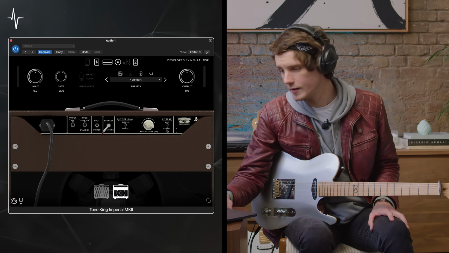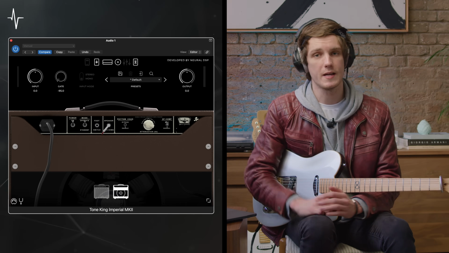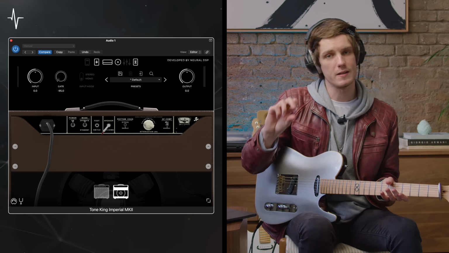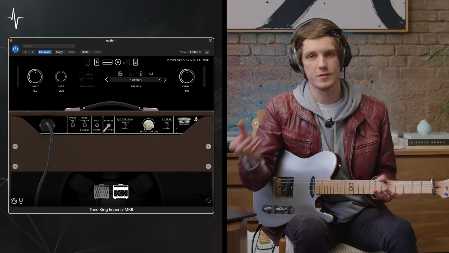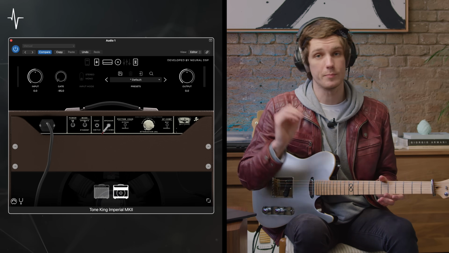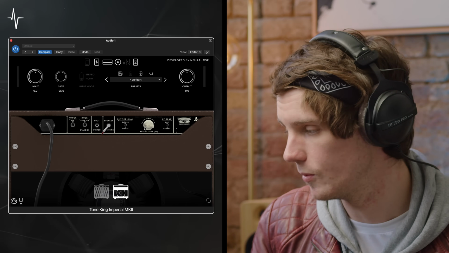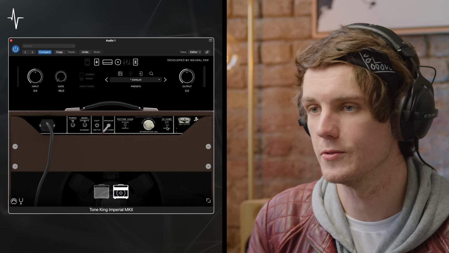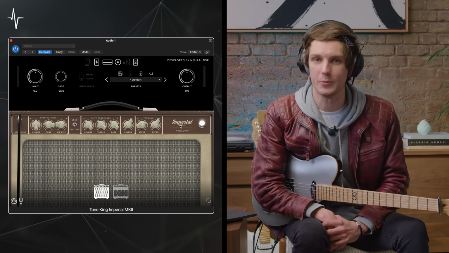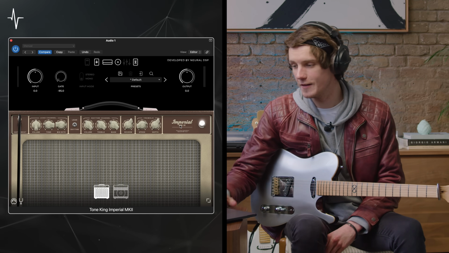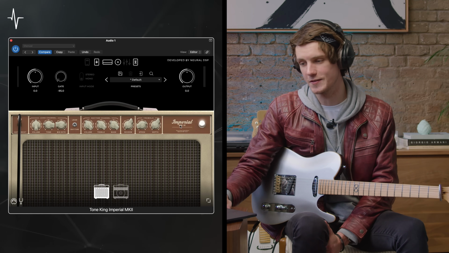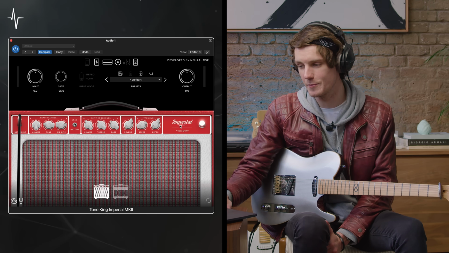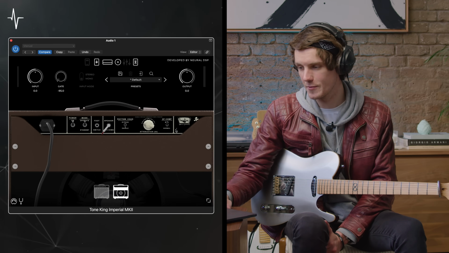Next to it, on the right, we have a high frequency compensation. So as you would activate the attenuator and go over to the left, it would take a bit of the high end out naturally. So this switch allows you to add some high end back in post. And just as an added feature, before we move on to the other parts of this plugin, if you tap the Imperial logo, you can see all the different finishes that the amp comes in, and the same thing around